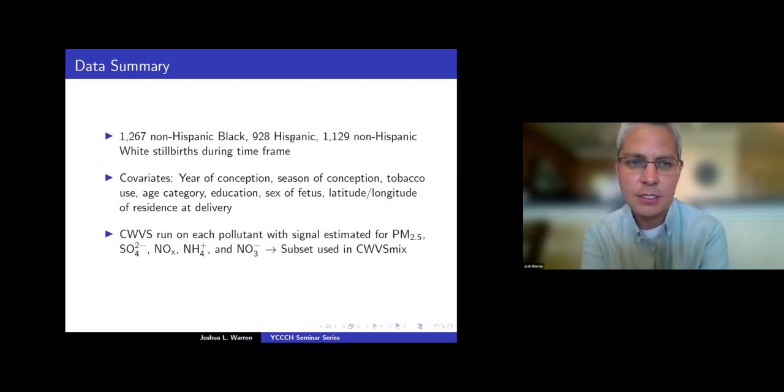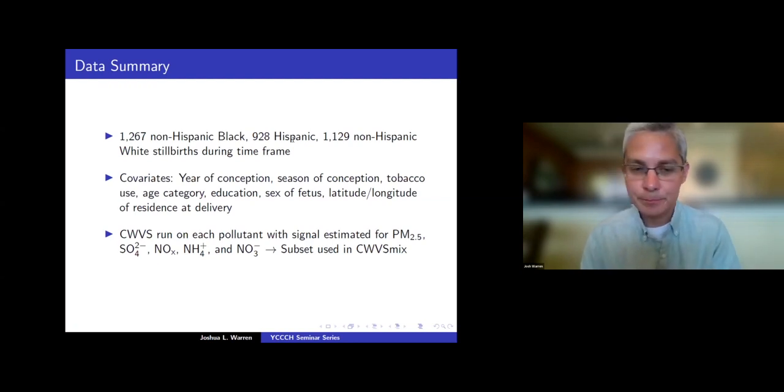All right, so in summary, for the data, we had around 1,300 non-Hispanic Black stillbirths in this time, 928 Hispanic, and 1,100 non-Hispanic White. Our covariates included year of conception and season of conception to control for seasonality and long-term time trends in pollution exposure, tobacco use indicator, age category, education. We had the sex of the fetus. And to control for spatial residual correlation, we included latitude and longitude of the residence at delivery and